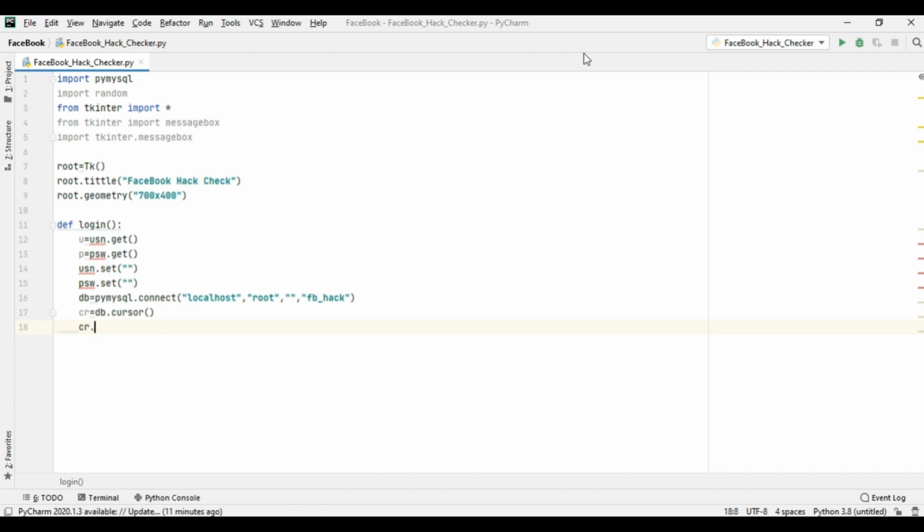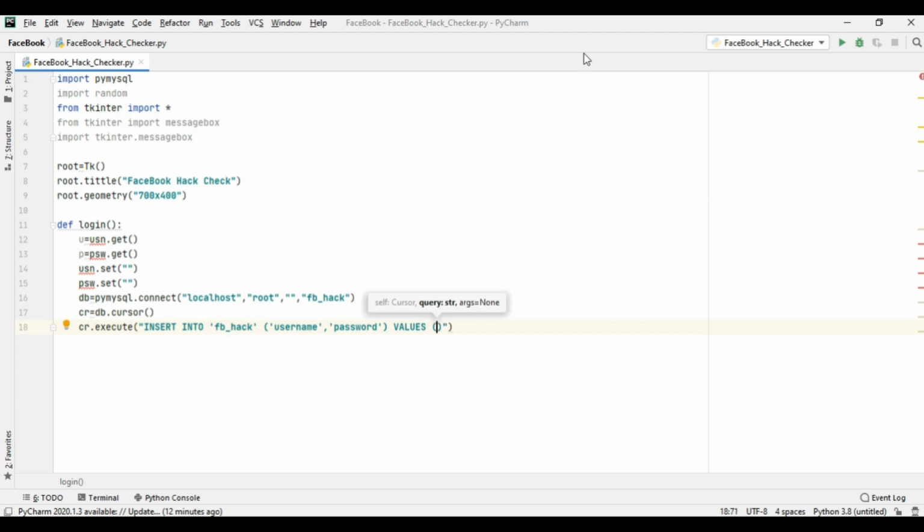So cr execute, it will be a SQL query, insert into the database name fb_hack, username, comma, password, values.